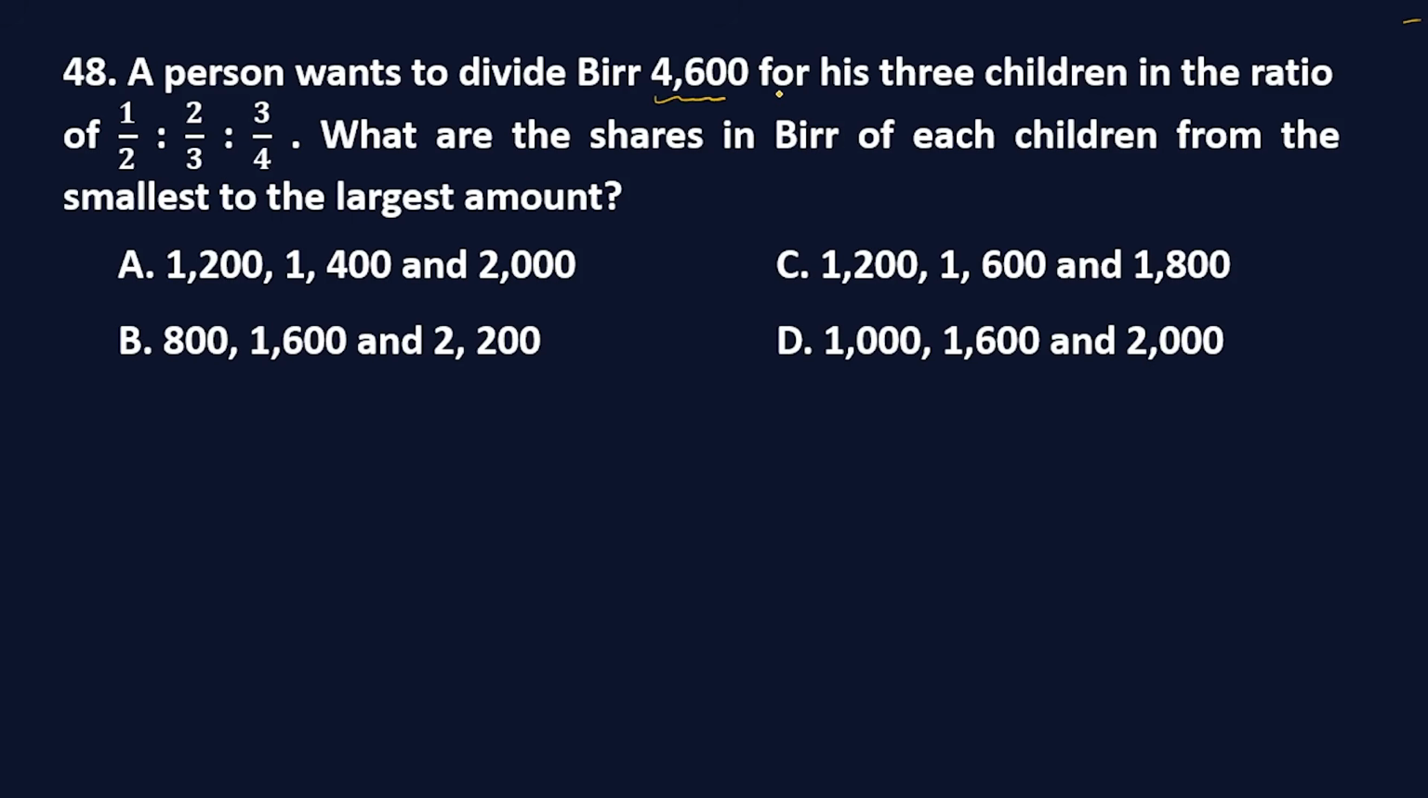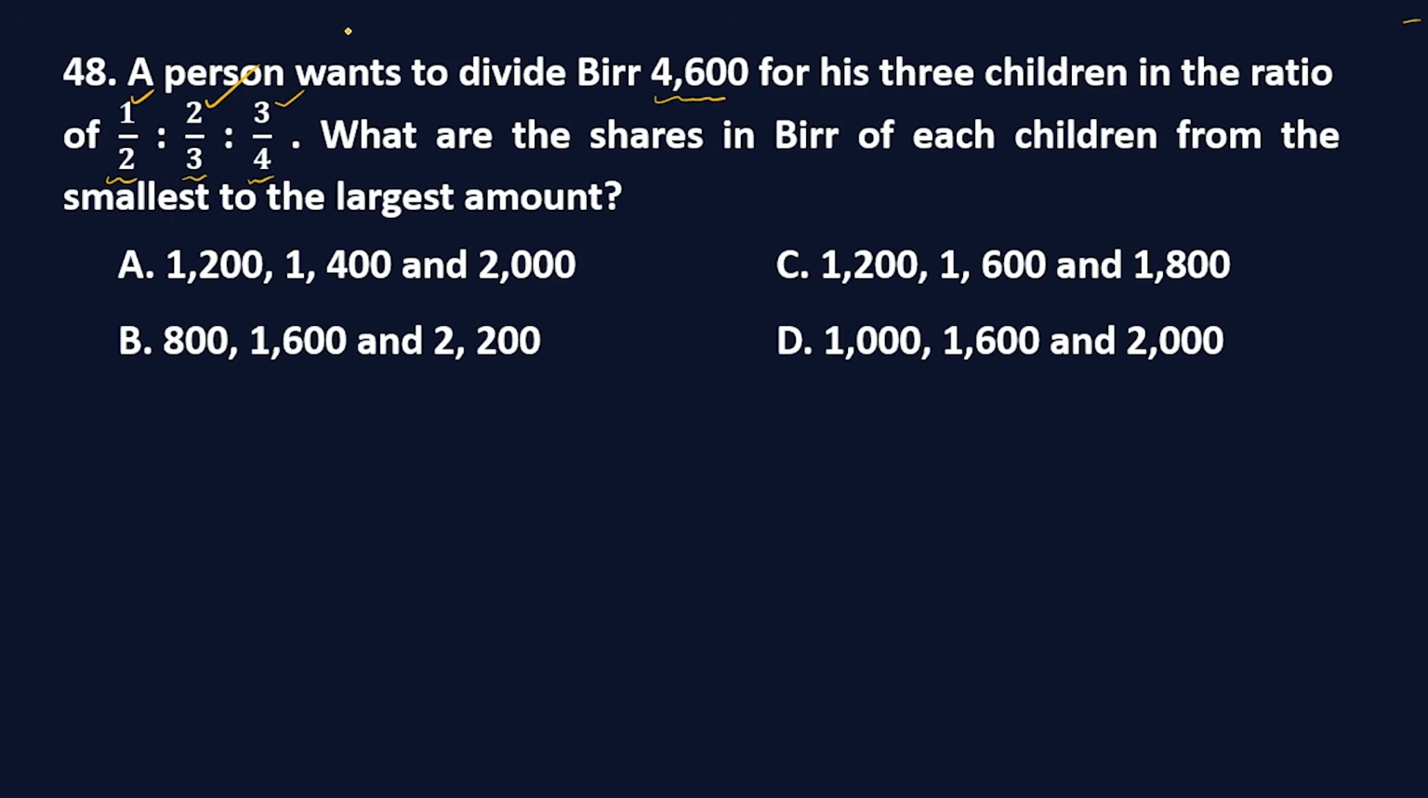ወደ 48ኛው ጥያቄ ጋር ስንመጣ a person wants to divide 4,600 for his 3 children in the ratio 1/2, 2/3 and 3/4. What are the shares in birr of each child from smallest to the largest amount ይለናል። Okay አንድ አባት አለ፣ 4600 ብር ለሶስት ልጆቹ ማካፈል ፈልጓል፣ ሲያካፍል ግን የሚጠቀመው ፕሮፖርሽን 1/2, 2/3 and 3/4 ነው። Okay ይሄንን በመጠቀም ነው የሚያከፋፍላቸው። So እያንዳንዱ ልጅ የሚደርሰውን from smallest to largest ምን እንደሚመስል ነው የተጠየቅነው።